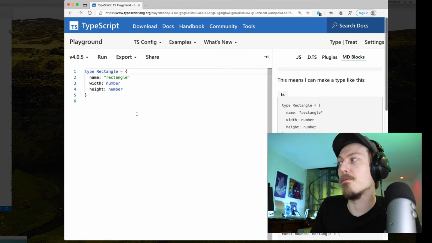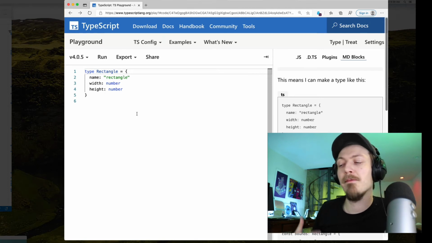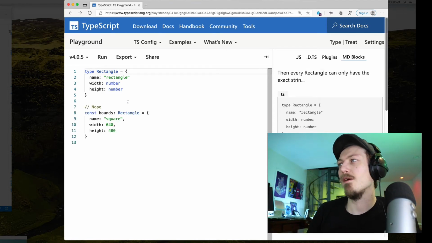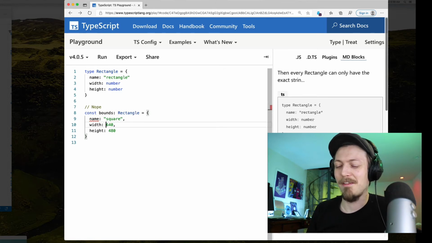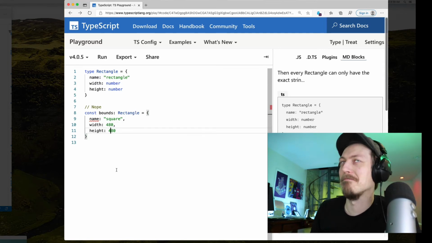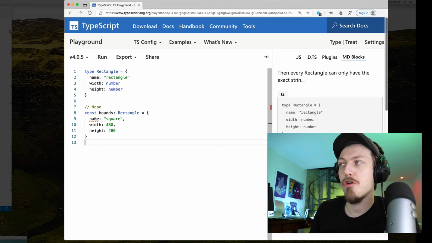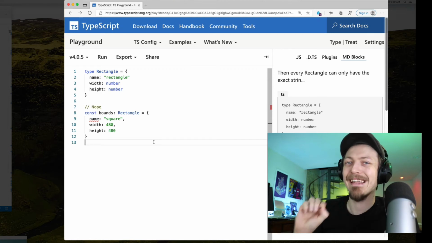And this is pretty cool. So this means that you can describe a bunch of objects by saying that this exact string and then this combination of stuff. So, for example, here I tried to make another rectangle, but it was a square because let's make those match. There we go. Because the width and the height are the same, it's reasonable to call that square. But the TypeScript system is like, nope, it has to be called rectangle, that string. And so we call these literal types.